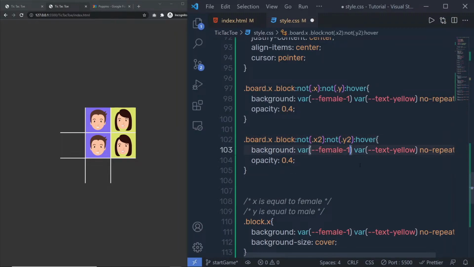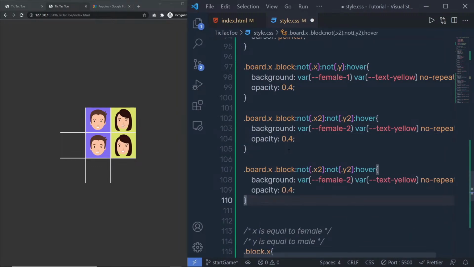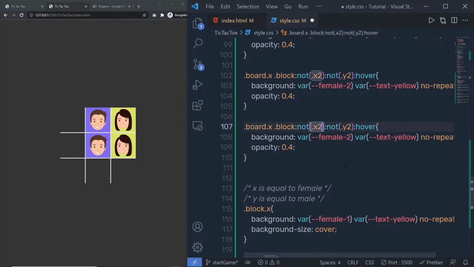This time the female goes female 2, everything goes the same. Just after that, I'm going to opposite this condition. So I'm going to copy this, paste it just down here. This time I'm going to say if the block have